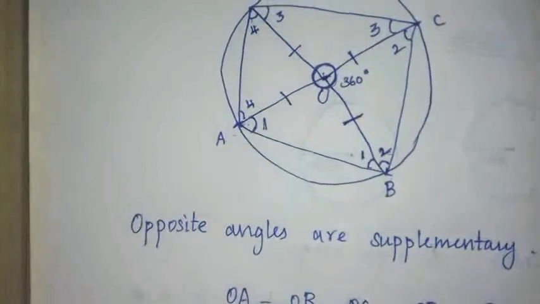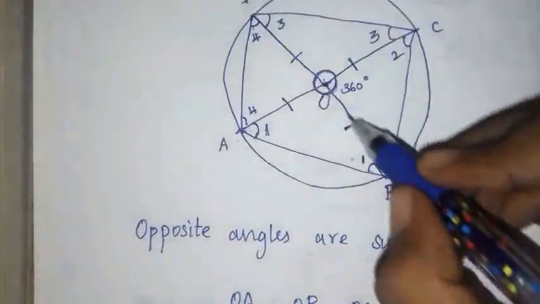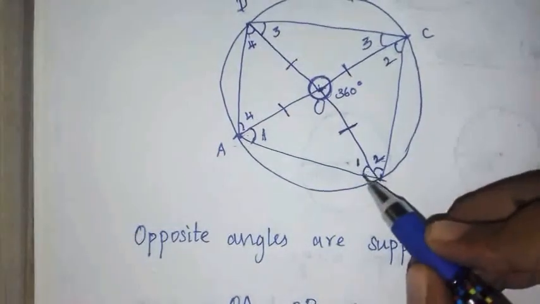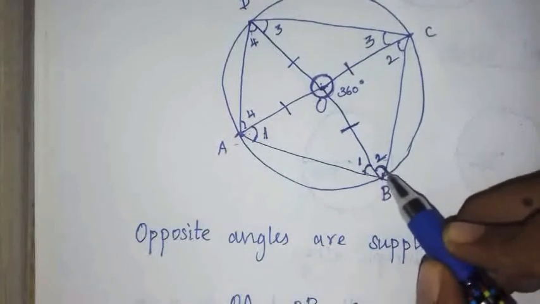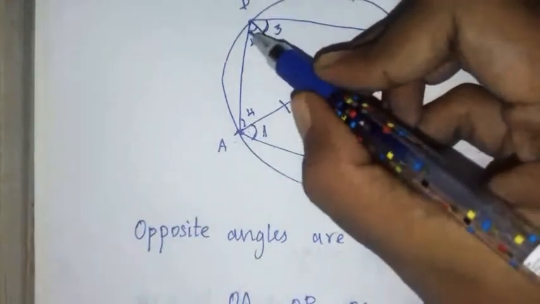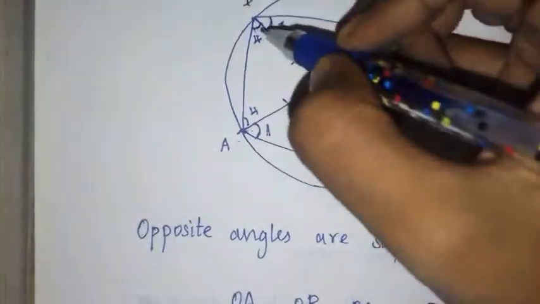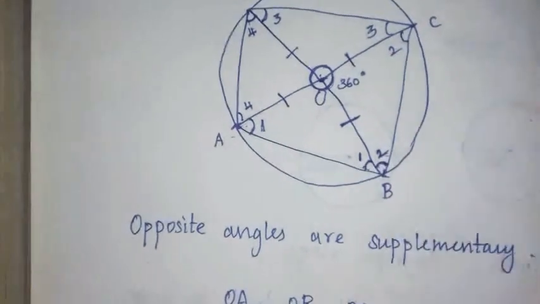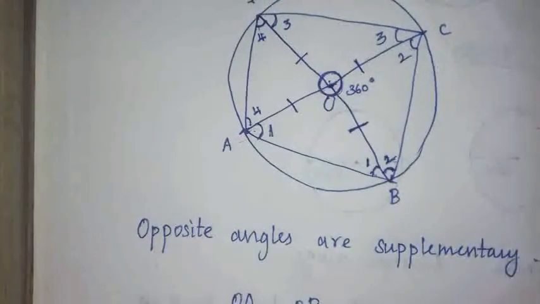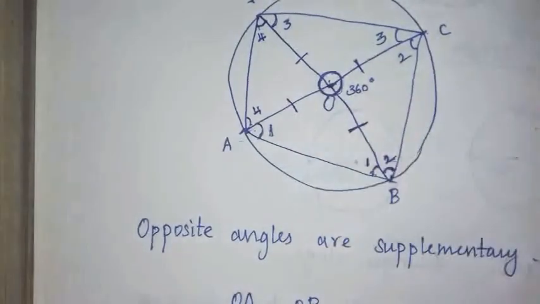Let me see this in the figure. What is given in the figure? See this diagram, this line. Angle 1 plus angle 2, if we add these two angles and angle 4 and angle 3, so we are adding these four angles, what will we get? We will get 180 degrees. Can you understand this? Similarly, we can write for A and C. For this line also we can write. How can we write that?